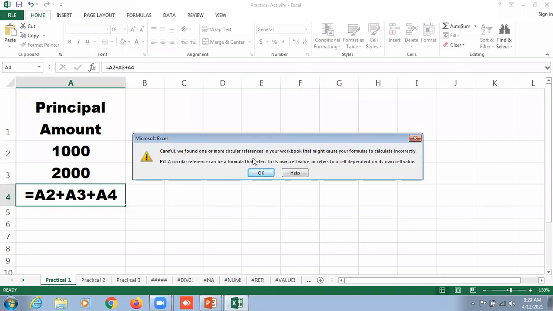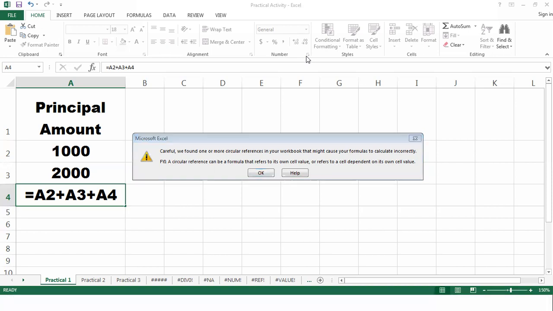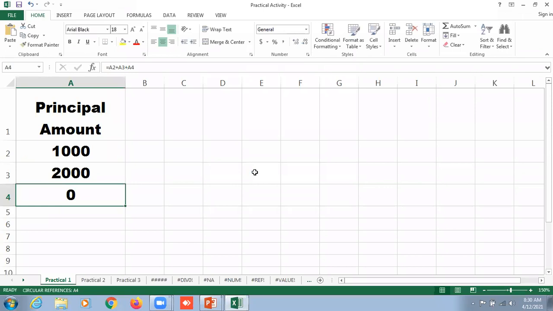Careful, we found one or more circular references in your workbook that may cause your formula to calculate incorrectly. ये आपके फॉर्मूला को इनकरेक्टली कैलकुलेट कर सकता है. Why so? Because in that cell we are supposed to display the result which is being considered as a part of the formula. Remember this, it is very important: in such a case, the value displayed by Excel is 0.